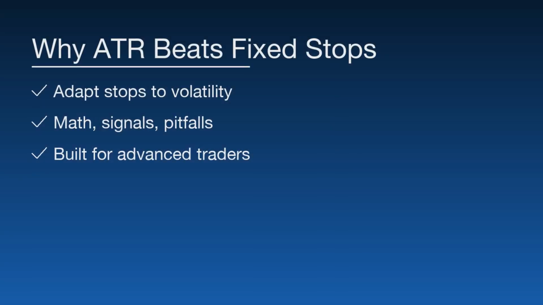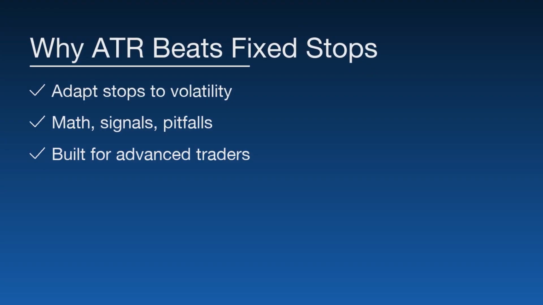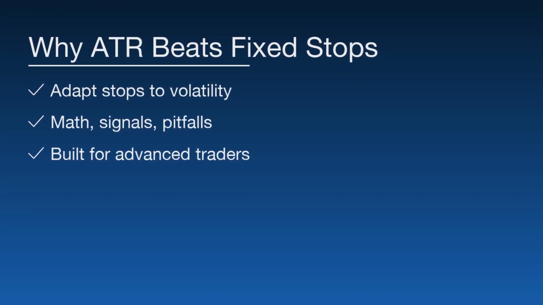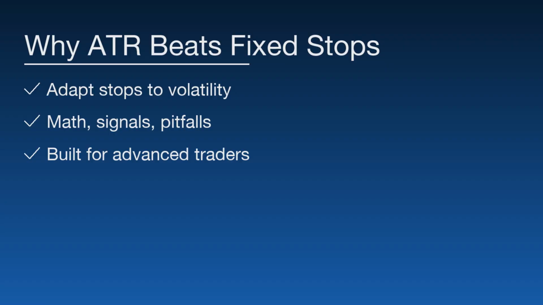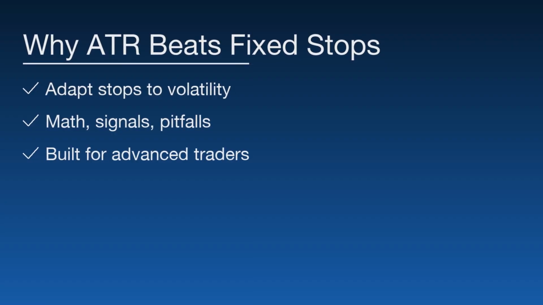If you still use fixed percentage stops, you are letting the market punish you twice. Once when volatility expands, and again when it contracts, and you sit too close to the noise. The average true range adapts your risk to what the market is actually doing right now. In the next few minutes, we will unpack the math, build volatility-based stops and position sizes, and stress test them